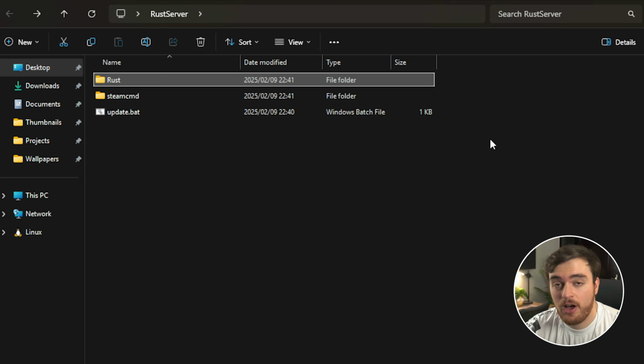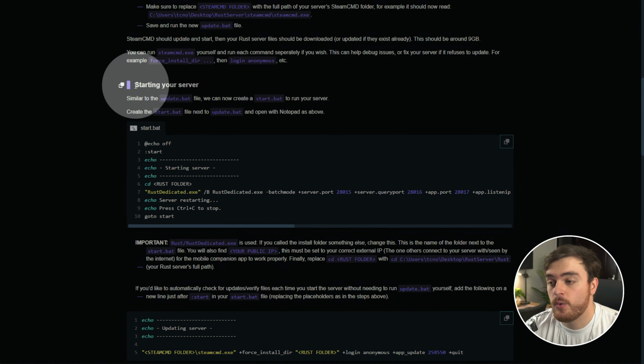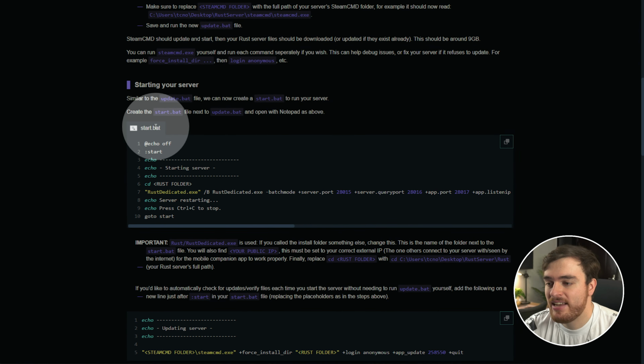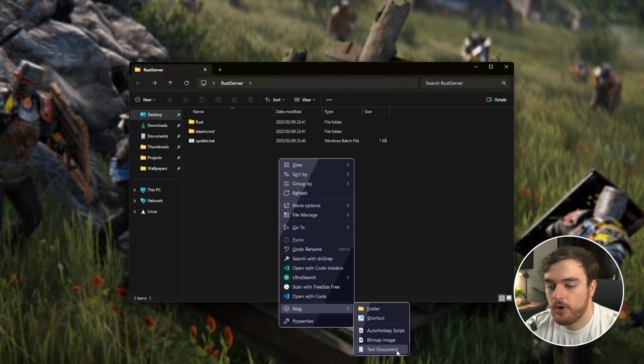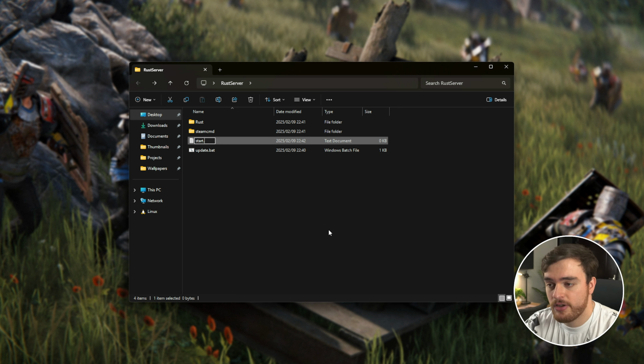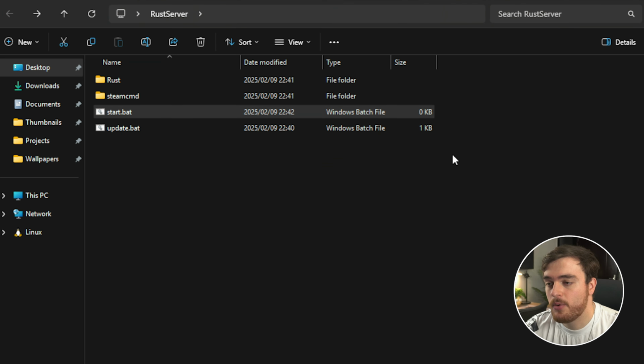How do we actually start it? Well, heading back to this page, scroll down, and you'll see a section called Starting Your Server. Start.bat, this text over here. Once again, we'll copy this, right-click, New Text Document, and we'll change the name to start.bat. We'll change the extension, right-click, and edit once more